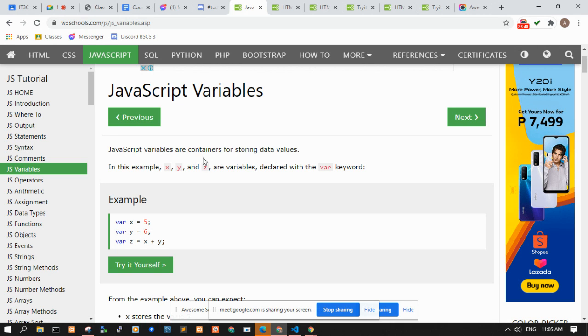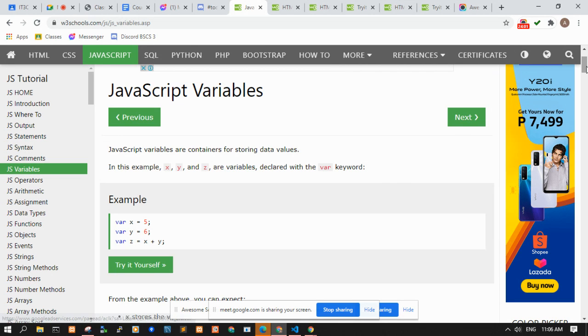So JavaScript is otherwise known as ECMAScript. Variables in JavaScript can be declared using the var keyword. This is for the earlier versions of JavaScript.